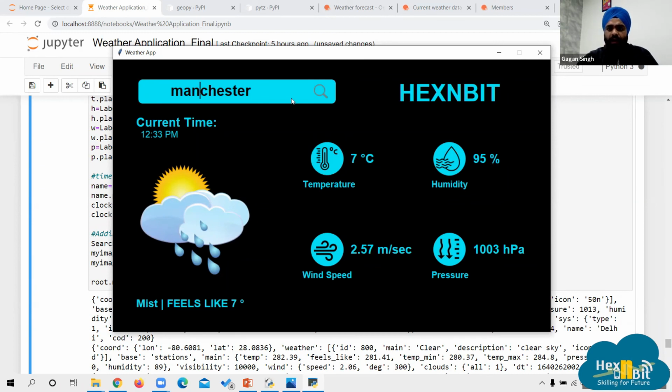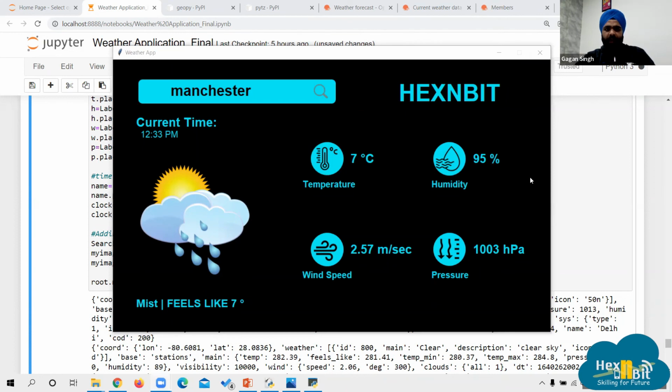You can add on text to voice, text to speech conversion in this. Whatever values you are getting, you can convert it into speech. Like in last session, we have done that part also. In that also we have used this, but we were not creating the GUI in that. So you can look into that, how to read the values and convert it into speech and all that sort of things, right? So this was the end part that we were supposed to create.